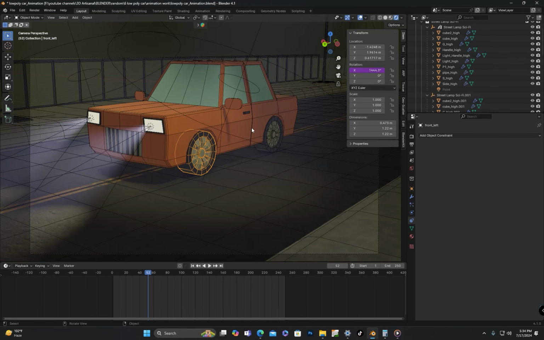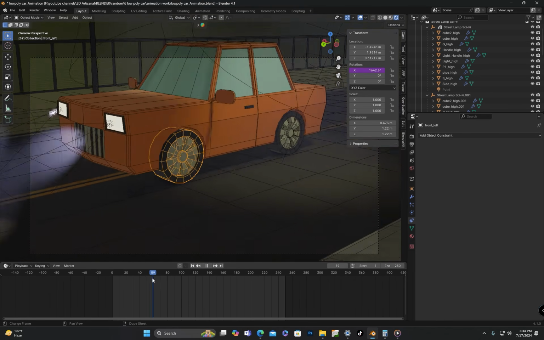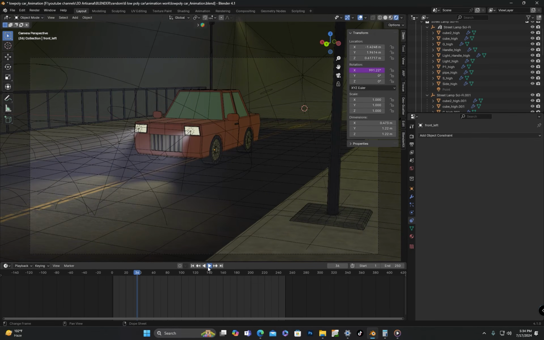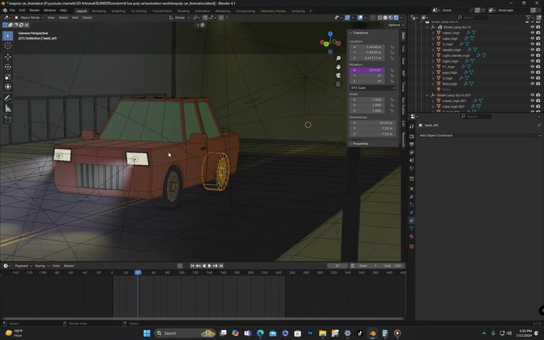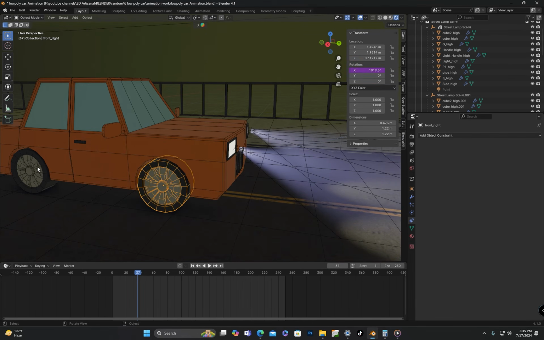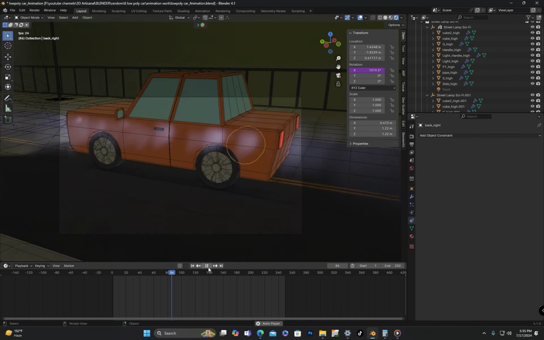You can see that the wheel I added the driver to is rotating correctly now. I will copy this driver and paste it onto the other wheels. Now all the wheels rotations should be correct.